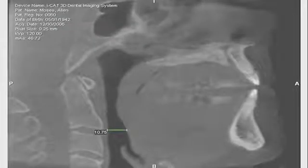This is the other version, the black and white version of the picture you saw with the golden airway. Here's the sagittal section of the airway, and they measured from the second cervical vertebrae. So the answer to the question you were asking earlier about the vertebrae: this is C1, C2, C3. The field of action is between 1 and 3 that the oral airway comes to. Okay, so from the bottom of the second cervical vertebrae, what we see is